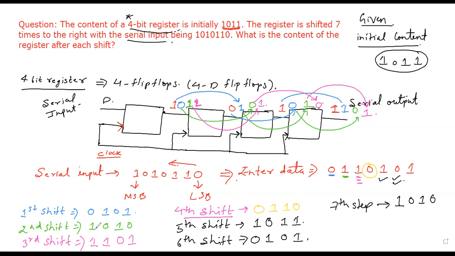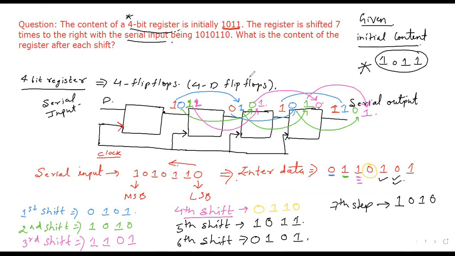Looking at this, you started with your initial content of 1011, and now you have 0101. So for the final answer, how can you write it? I need this page, so I'll write the answer here itself. We can write the solution here. So the final answer, you can write it as,